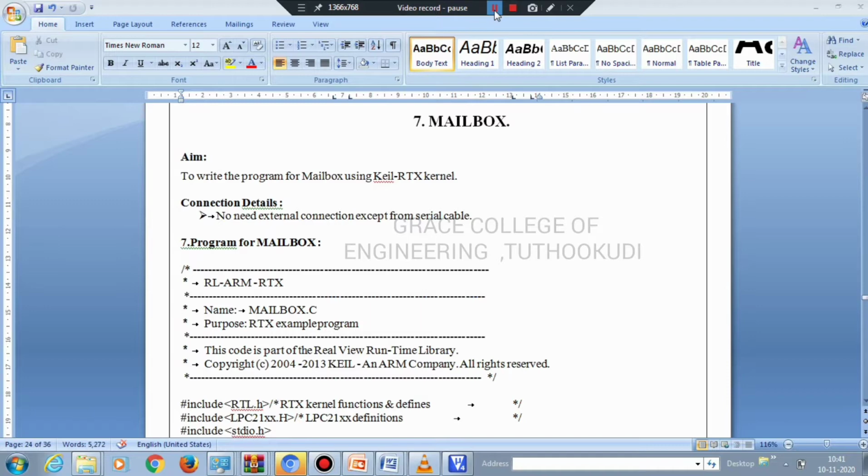RTX is a royalty-free, deterministic real-time operating system which is mainly designed for the ARM processor. This Keil RTX kernel is a real-time operating system which supports the real-time environment and performs multitasking, especially for the ARM processor.